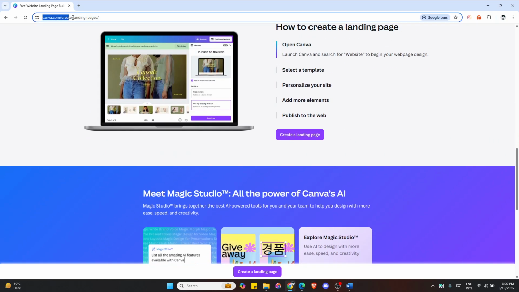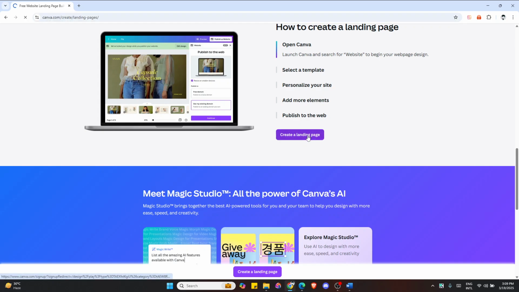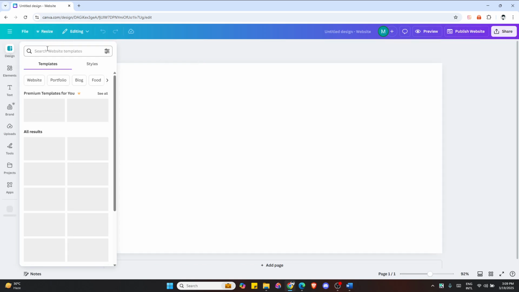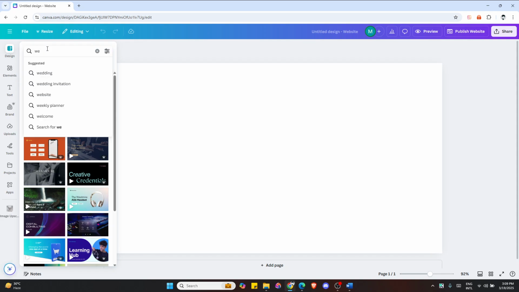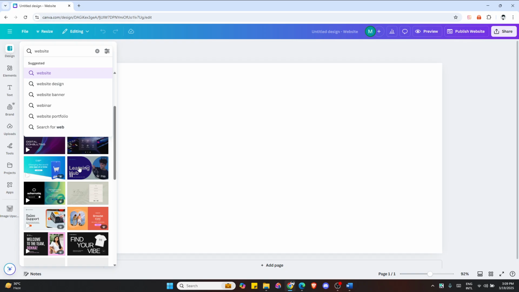First of all, go to canva.com and go to this link here, or you can just click this button, and this will take you to the Canva landing page builder. Alright, once you're in, you can just type website for templates, and this will bring up a range of website templates. You can see the templates here,